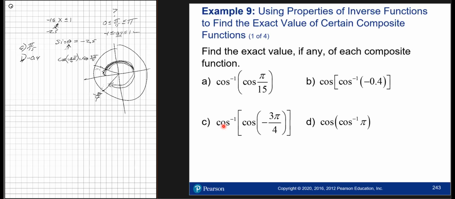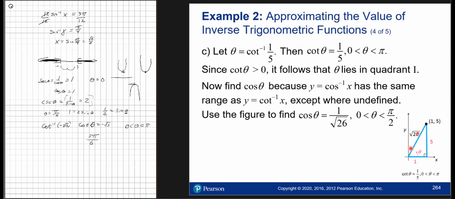Okay, what they did here was, the cotangent is 1 over 5. So that's x over y. So we have a right triangle. X is 1, y is 5, and the length of this side,